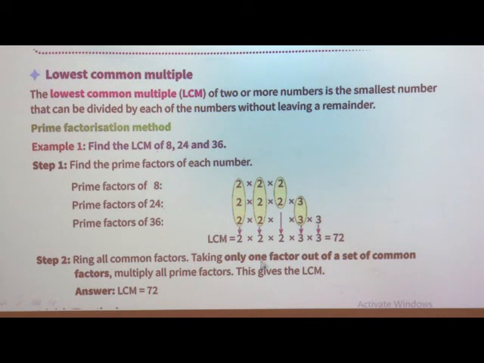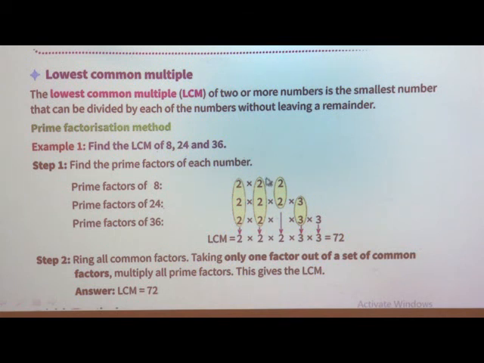So here, what is the LCM? Now, how many common factors are we having? We are having 2 common. Yes, so we will write it one time only. This is 3 times, we have to write it as one time. 2 multiplied by 2.